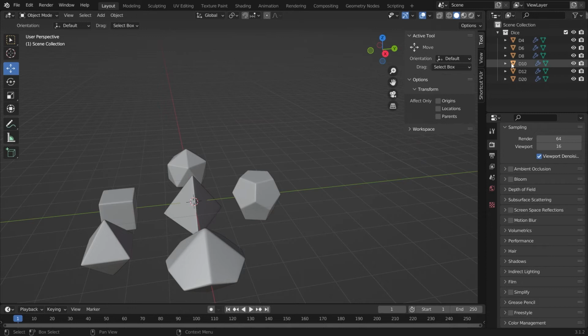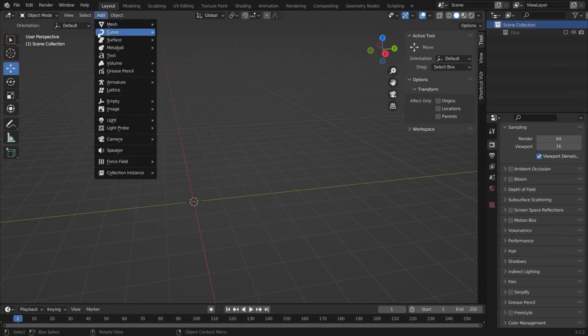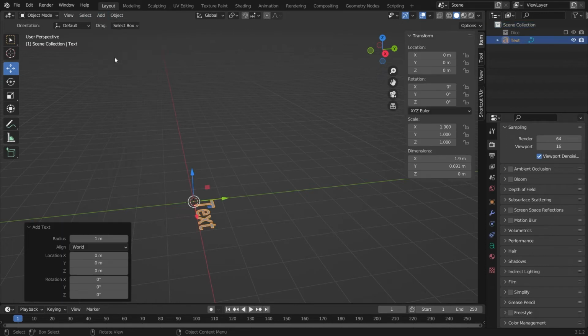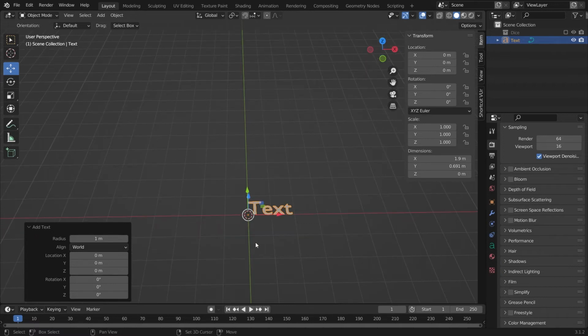So in order to do that, the first thing we're going to do is hide our dice collection. And then we're going to make sure the scene collection is selected. Add text. Okay, so what we're going to do here is use Blender to make just a PNG image texture with a transparent background